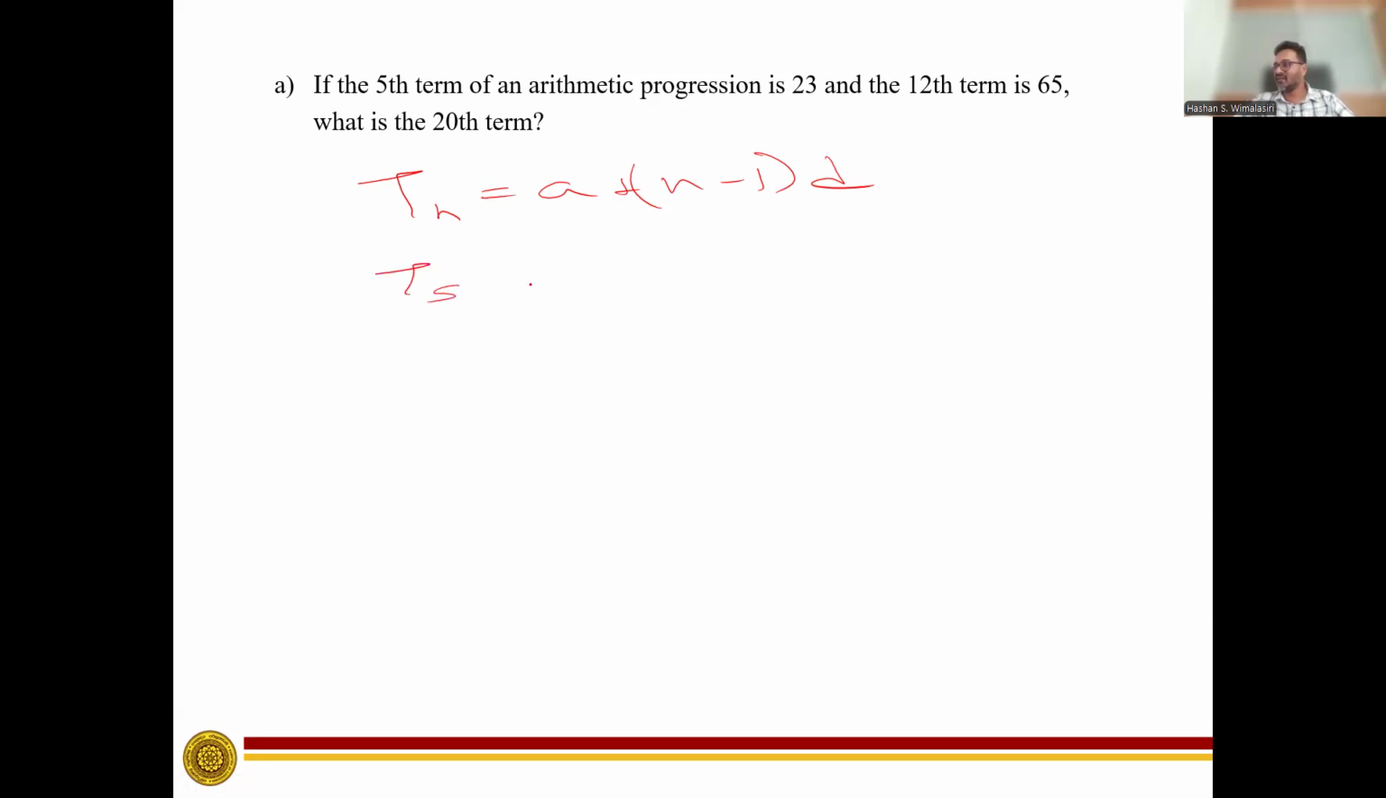It means T5 equals a, which we don't know, plus, for the fifth term, (5 minus 1) times d, which we also don't know, is 23. So then we can write it down: 23 equals a plus 4d,